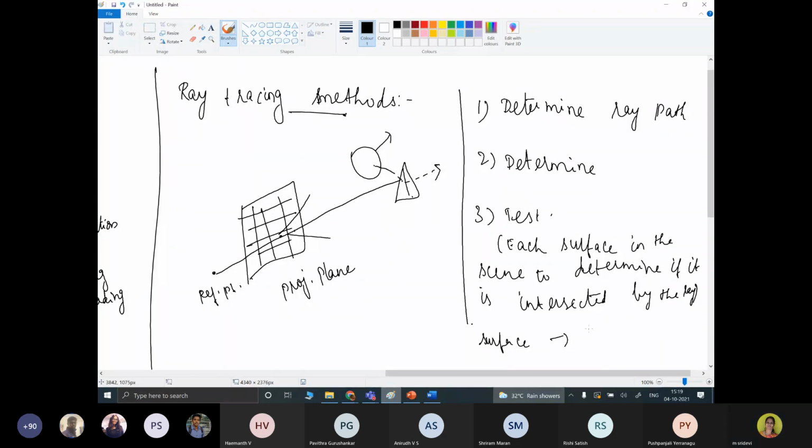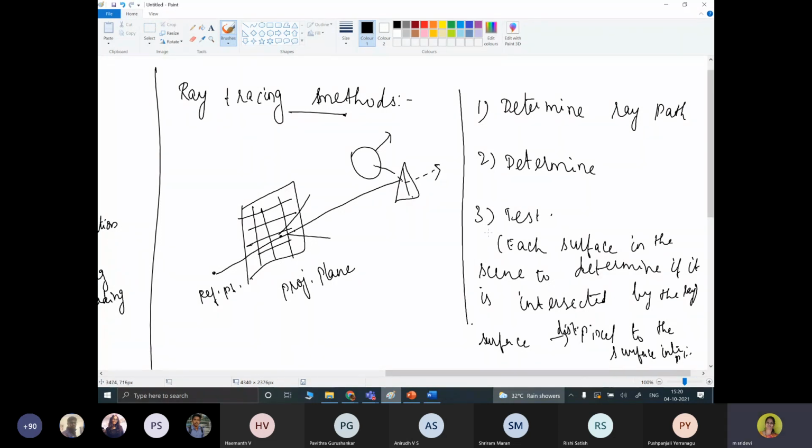Calculate the distance between the pixel and the surface intersection point. The smallest calculated intersection distance identifies the visible surface for that pixel.